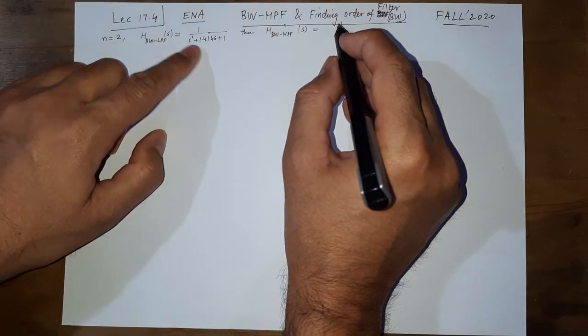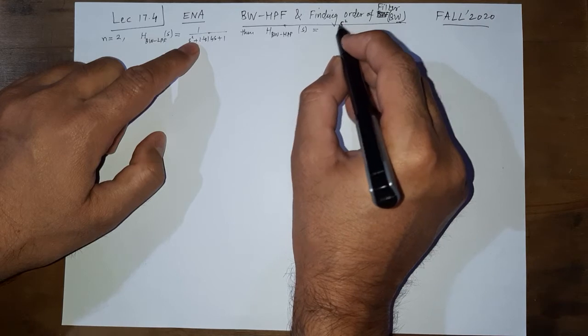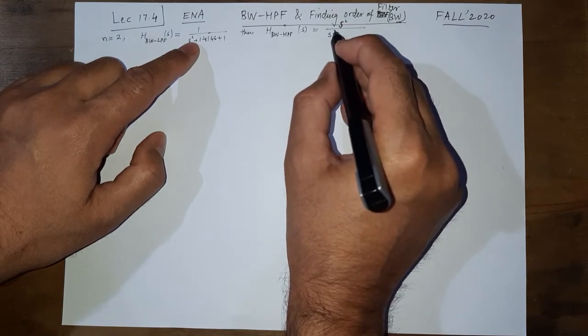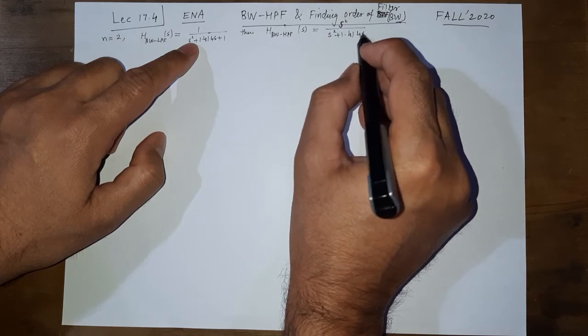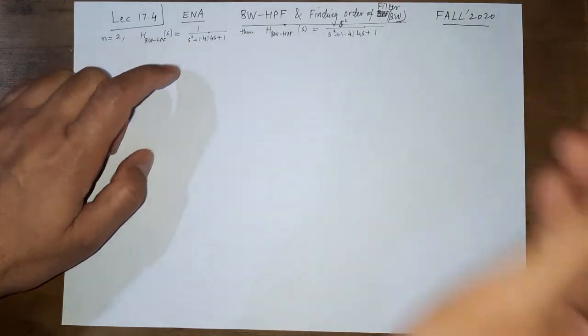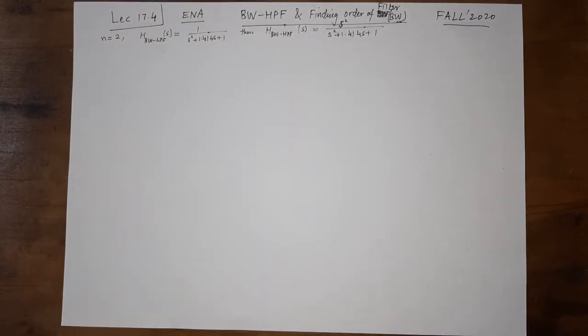Here we have a second order term in the denominator. Here we also have an s square. We just have an s square in the numerator, and that's it. We exactly get the same term in the denominator. However, because of this s square in the numerator, that same circuit cannot be used.